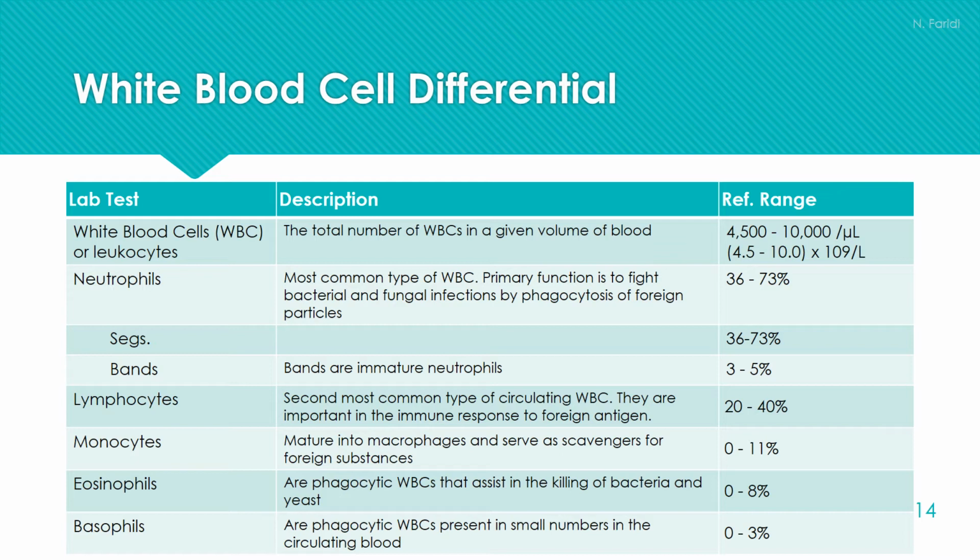So a shift to the left, or left shift, occurs when there is an increase in bands. This may occur during an infection or leukemia. An increase in circulating neutrophils is also called neutrophilia. Neutrophilia is associated with infections, metabolic disorders, uremia, response to stress, emotional disturbances, acute inflammation, and use of medications such